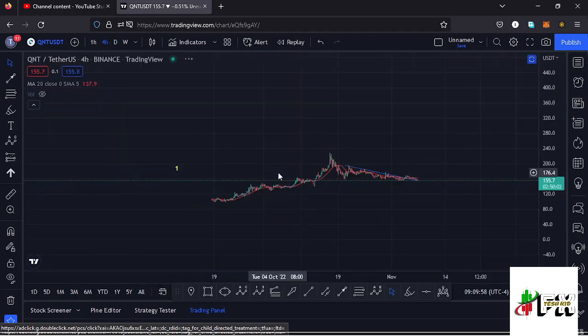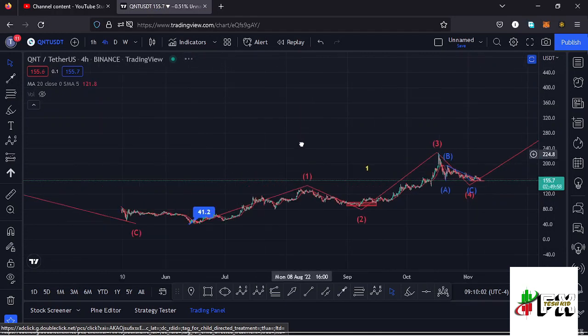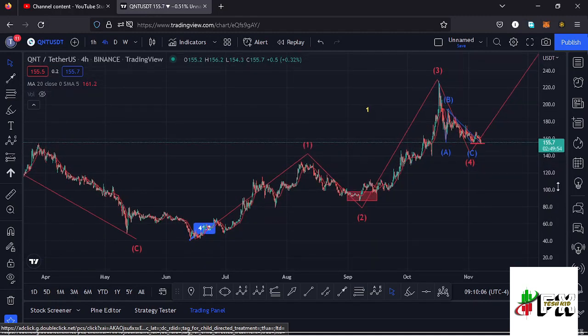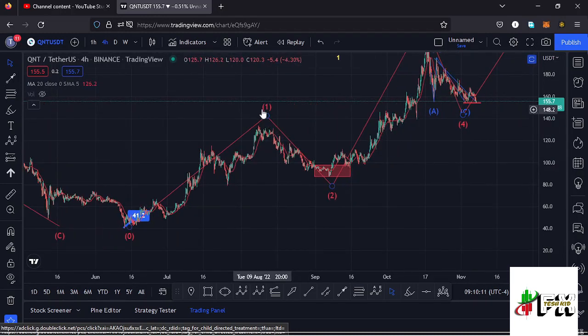If I jump to the 4-hour chart so that we can see those Elliott wave structures, here you can see that after making our low at around the $41.2 mark, we saw a very nice bounce to the upper side, making the high for that higher Elliott wave count 1 over here. After the high of that wave 1, we saw a very nice retracement to the lower side